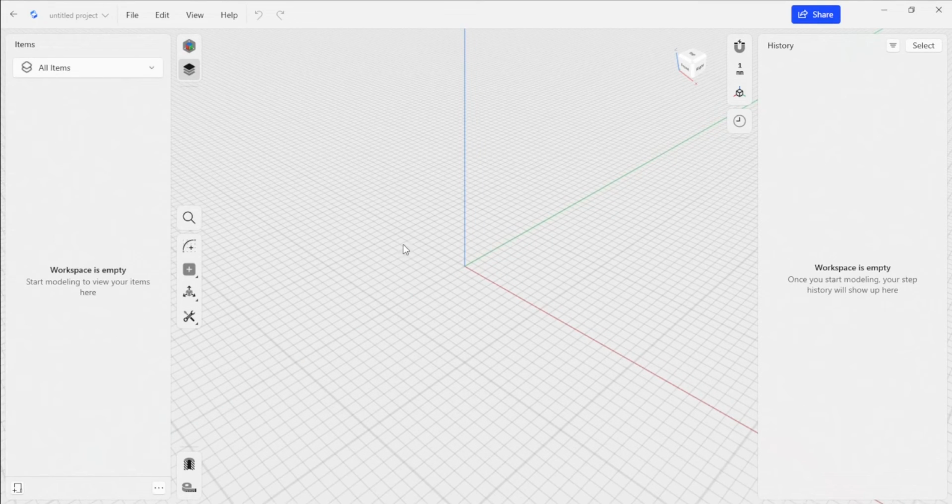And this brings us into our main view of an empty project. The first thing I'm going to do is title the project. I know that we're going to be working on a water pick throughout this series. And so I'm just going to title this project, and it's going to automatically sync that project to the cloud. And now we can start talking about the interface.